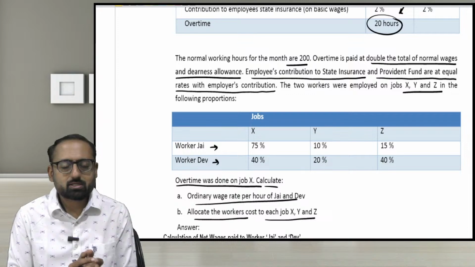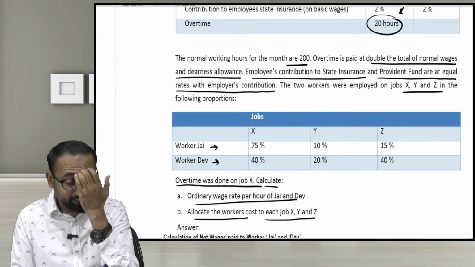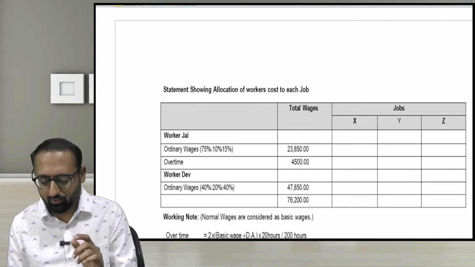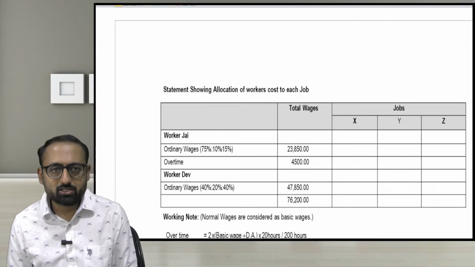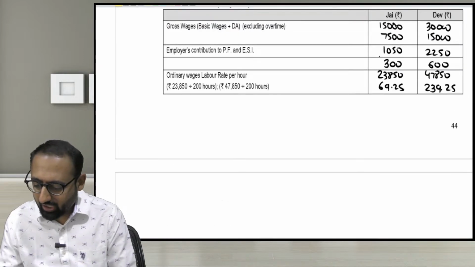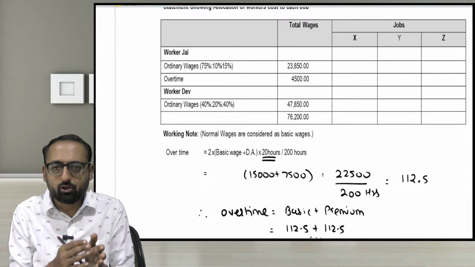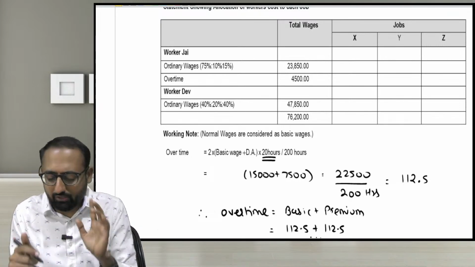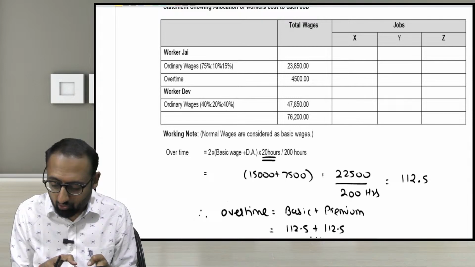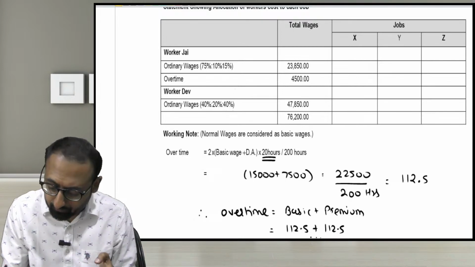Next question is allocate the cost of Jay and Dev to these various jobs X, Y, Z. Now you'll have to allocate the cost. Now, guys, boys and girls, what is the ordinary wages? Sorry, ordinary wages 23,850. This 23,850 will be allocated to jobs X, Y, Z in the ratio given in the question. 75%, 10%, 15%. So 23,850 multiplied by 0.75,